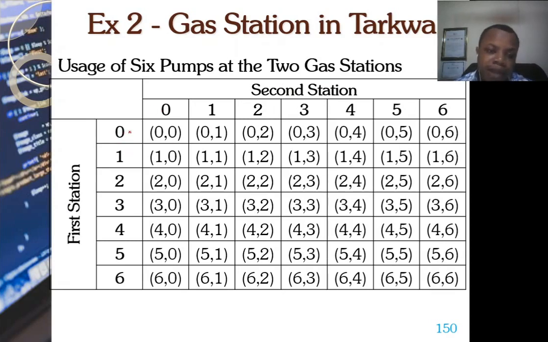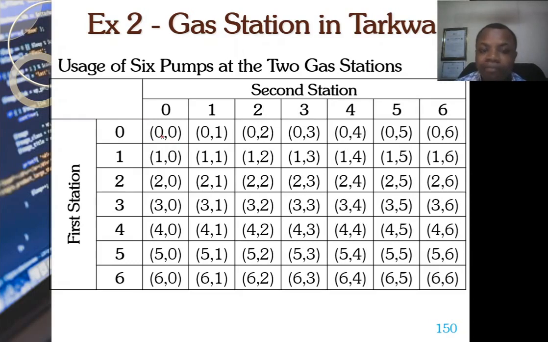Now remember that each station has 6 pumps. So you can see that we have 1, 2, 3, 4, 5, 6. For the second station too, the same thing, 1, 2, 3, 4, 5, 6. Now it could also happen that there might be a time in which at a particular station no pump will be in use, and that is where the 0 comes in. The same thing applies to the second station too. So once it comes to the number of pumps being used at these 2 stations at a given time,